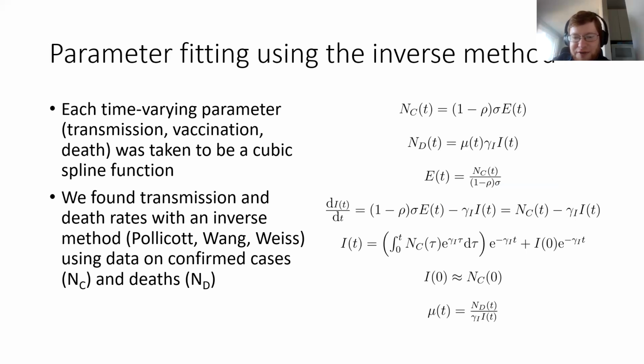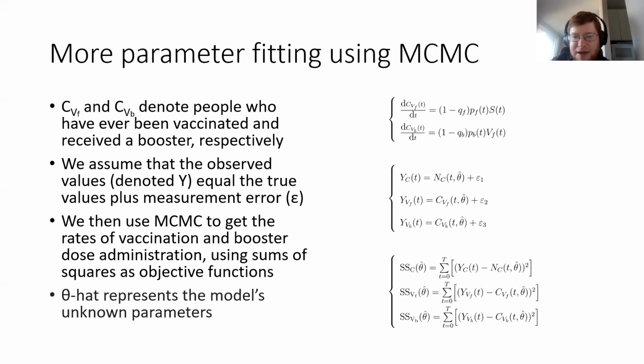So from there, then we derive the various intermediaries, such as the number of exposed individuals over time, and then the number of infected individuals over time from that. And so we eventually get from this inverse method the time varying death rate. And so for all parameters,